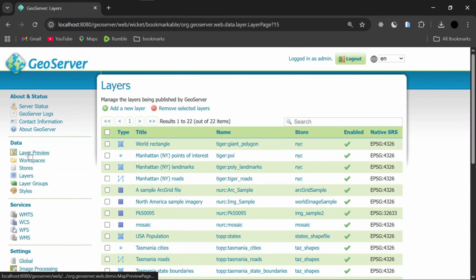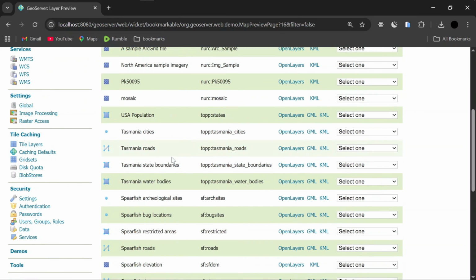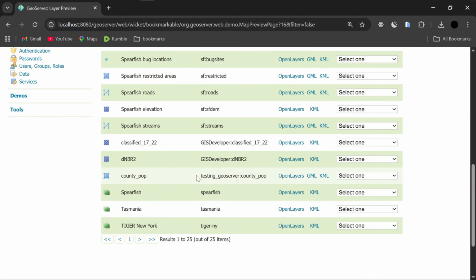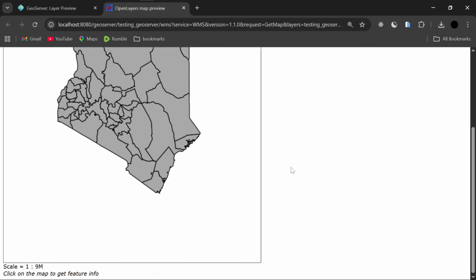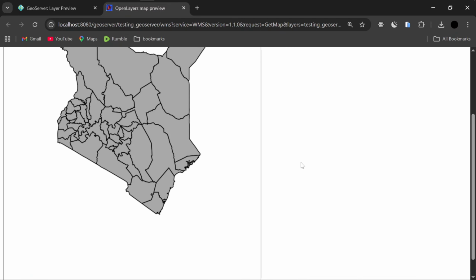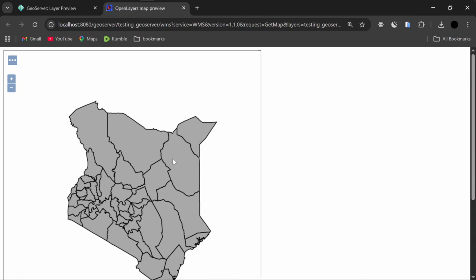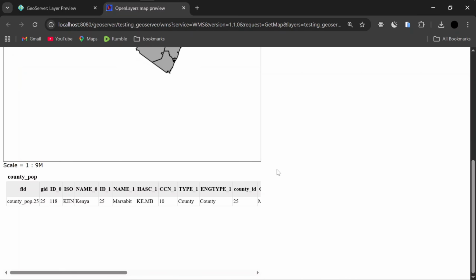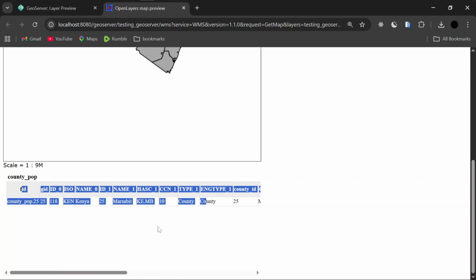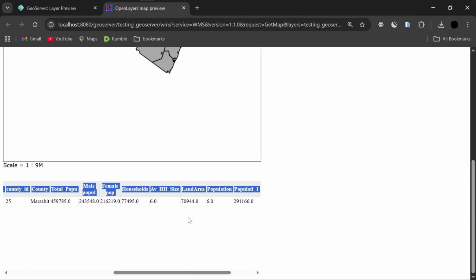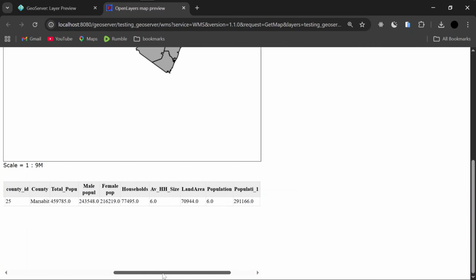So after that, you now need to preview your dataset. You just need to go to layer preview and scroll down to where you have your data here, then click on open layers like that, and this will open up the layer that you just published. So you can see that we have our layer here, and if you click on any of these polygons, you'll see that you get the table associated to that particular polygon. And so you can see this is the data